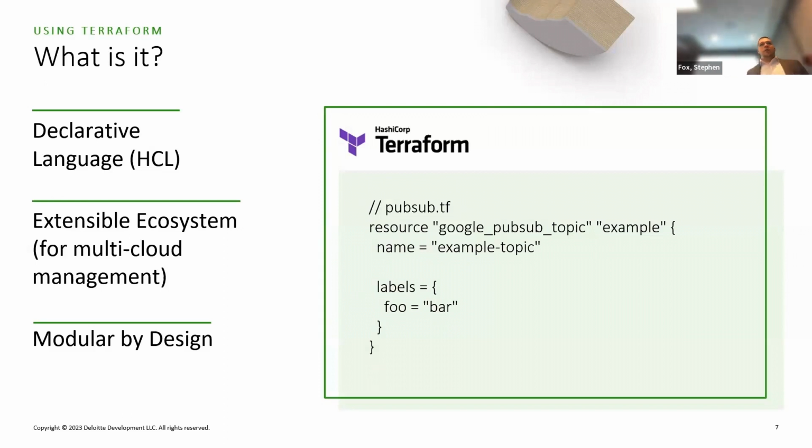And by modular, I actually mean, how do we package this piece of code here? Let's say we have a Pub/Sub topic and we want to enforce a naming convention. We might take an input like the environment, the name of the application team, or some kind of asset tracking ID, and enforce that to be a label on this. Terraform has a very simple concept of modules. It's one of the simplest reasonable constructs that I can think of in software that makes it really easy to do things like that.